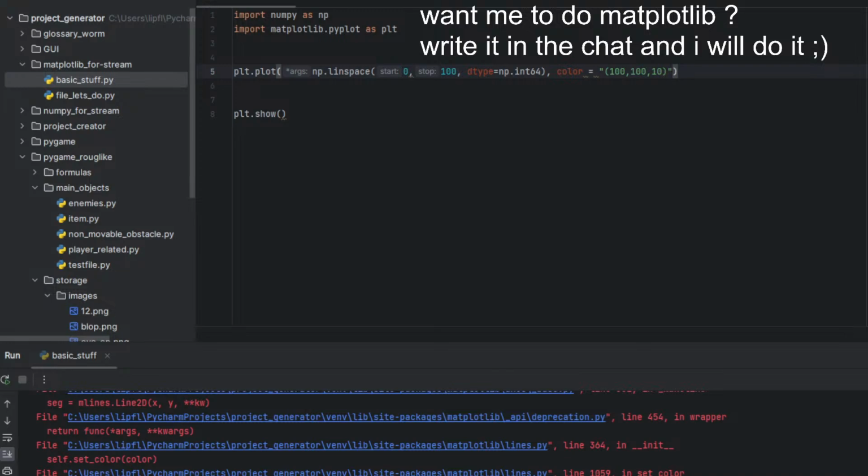So yeah, feel free to join me or do any suggestions. Write it down in the chat. How can we do it sequential? Red, green, blue.